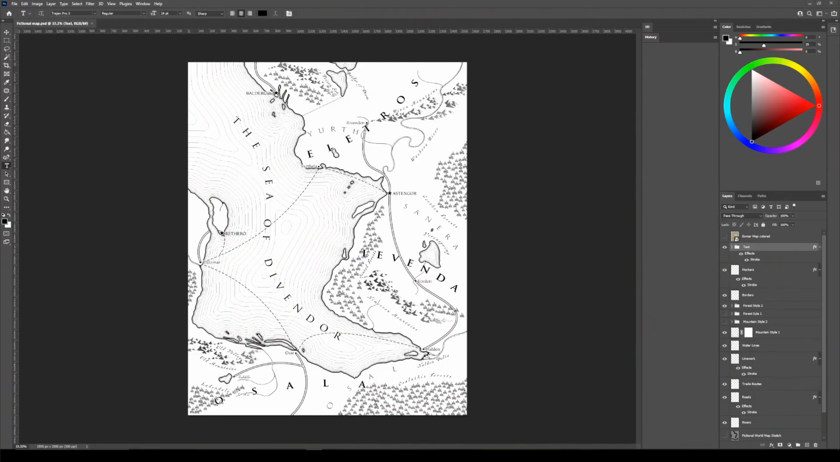Hello again. Now that we have all of our information that we need on the map, now we can start adding things like the compass rose, the border, the keys / legends, and scales. So starting off with drawing compass roses,